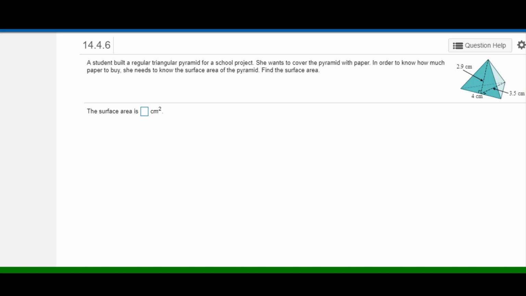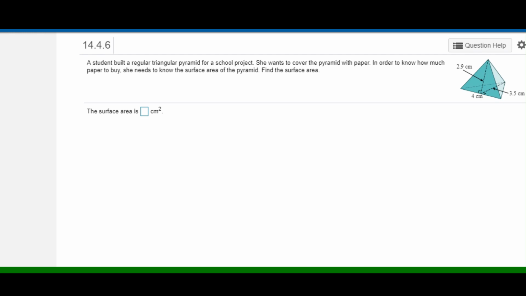A student built a regular triangular pyramid for a school project. She wants to cover the pyramid with paper. In order to know how much paper to buy, she needs to know the surface area of the pyramid. Find the surface area. Since wrapping paper goes on the outside of the figure, we need to find the